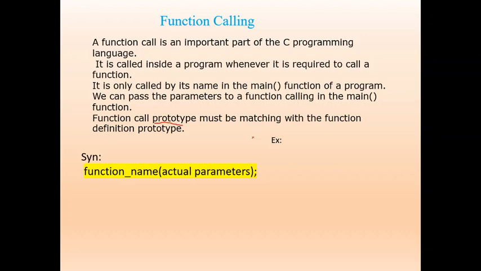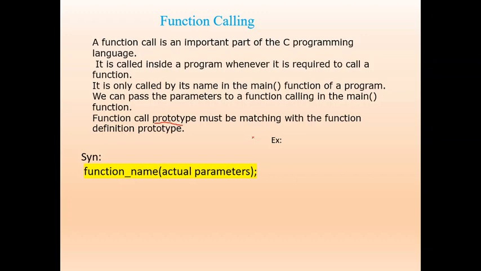If the function call has fewer parameters than the function header, it is called too few. If the order and type do not match, it will give a function prototype error.